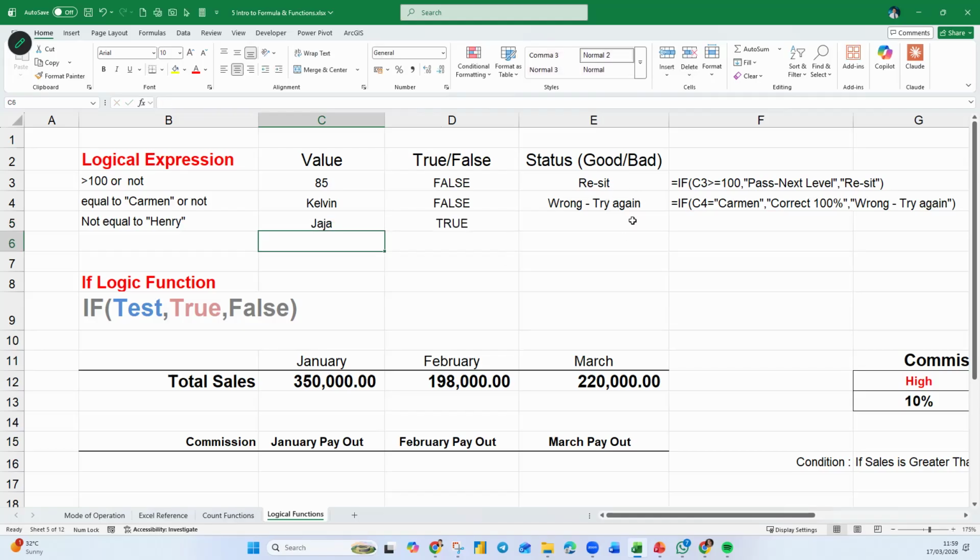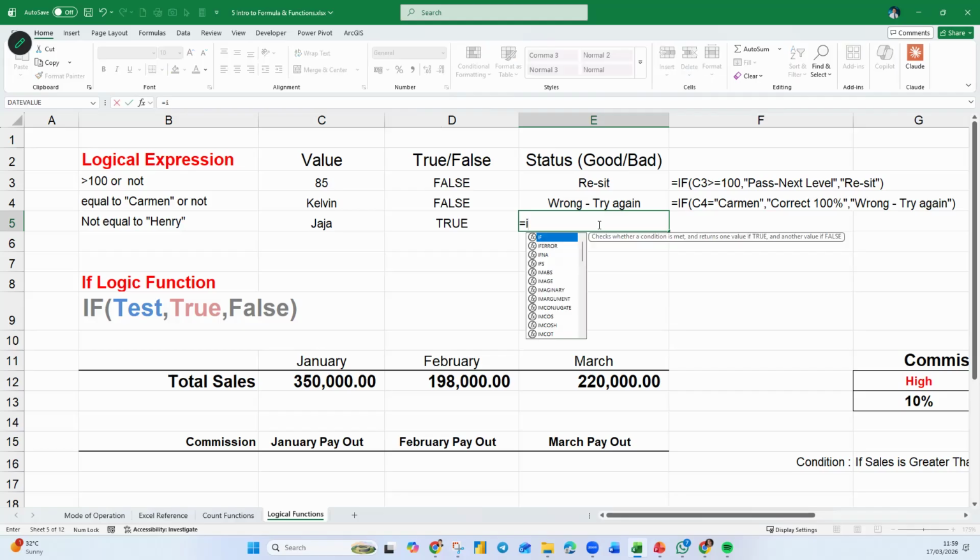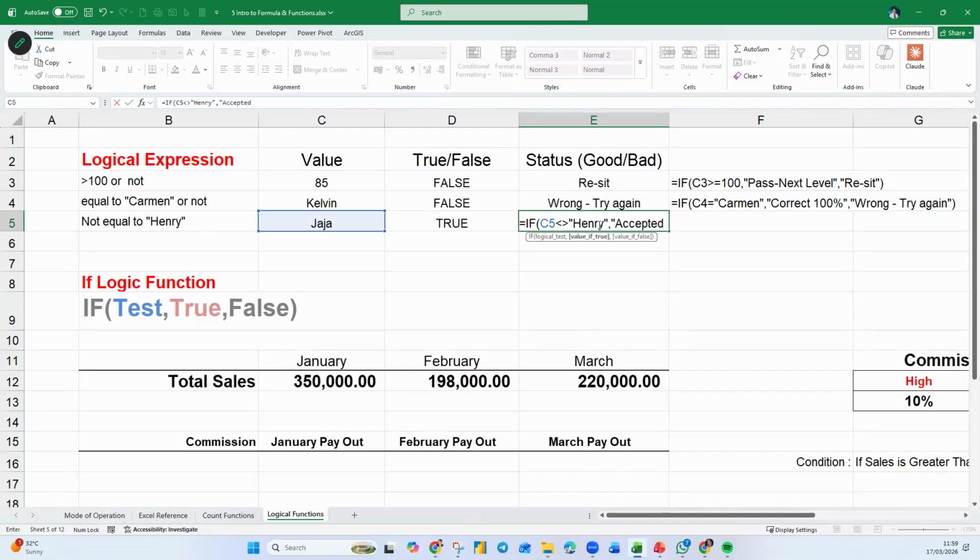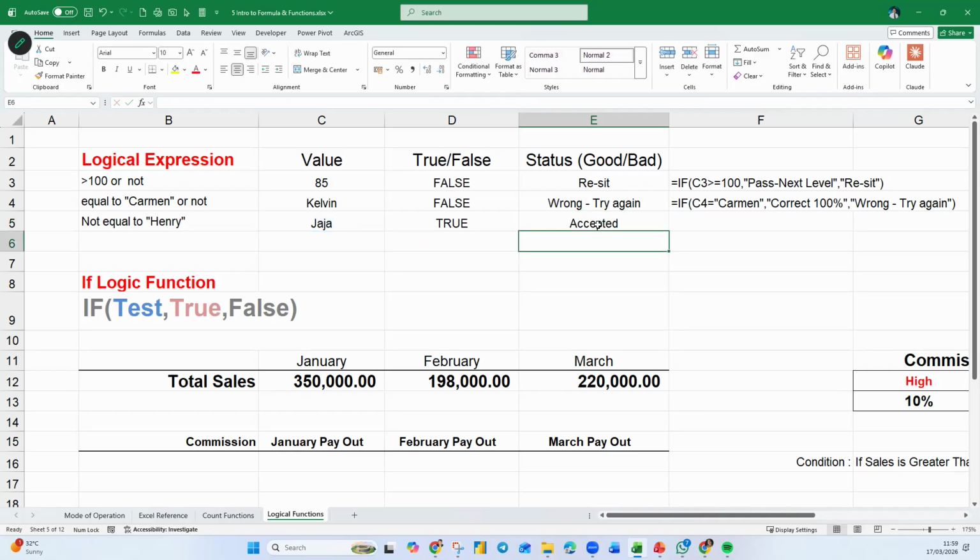You know what to write here, right? What's the status? So you put here equals to if this cell is not equals to Henry, right? Then accepted. Otherwise, you reject.